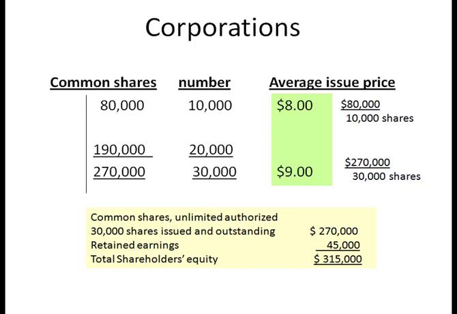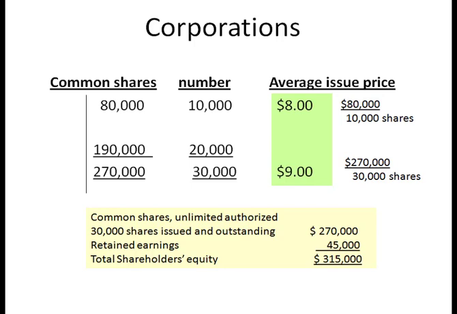To record the retirement of shares, we need to know the average issue price on the date of retirement. On the date the first share issue took place, our average issue price was $8 per share. The $80,000 balance divided by the 10,000 shares, or $8 per share. After the second share issue, to calculate the average issue price, we need to take the total balance in common shares,